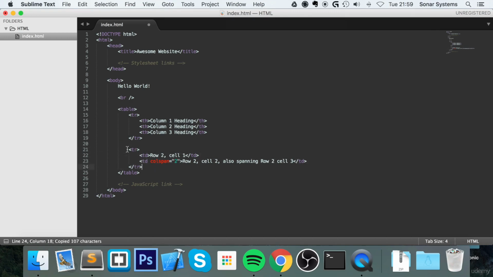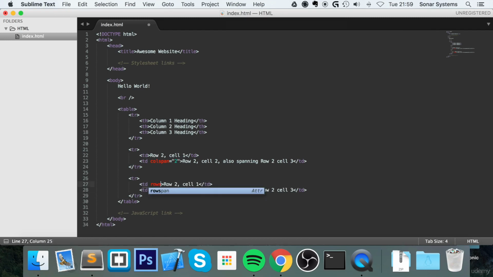Let's just copy and paste this, and for this I'm going to put a rowspan of 2, change this row to 3, 1, and I'm going to basically cut this, put it